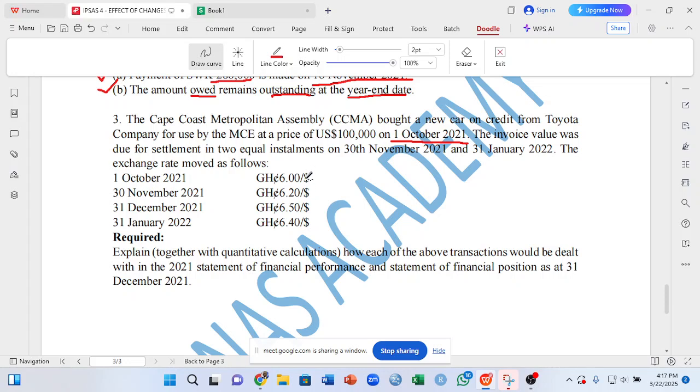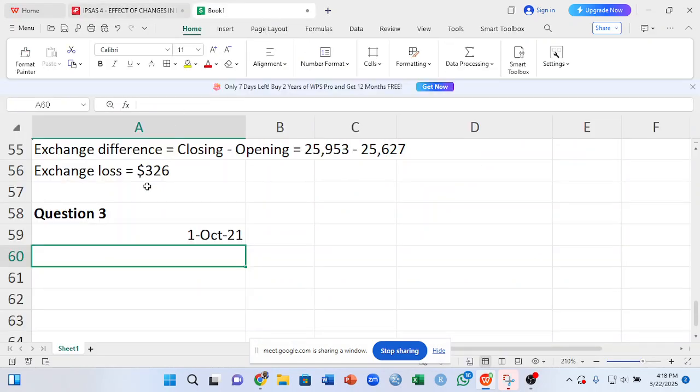When you see a rate like this without anything there, you assume it's one. Remember, in mathematics, any number is divisible by what? One, right? Every number is divisible by one. So by extension, it means $1